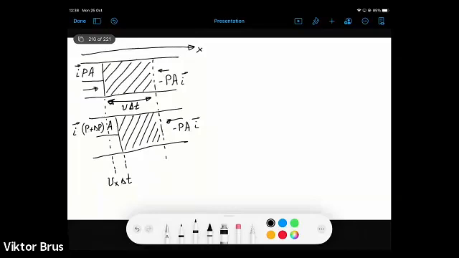Means it will take some time delta T to reach with this disturbance from the left side to the right side of this cylinder,